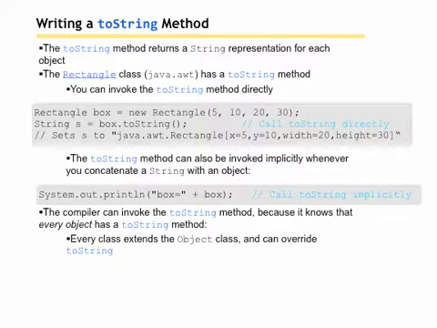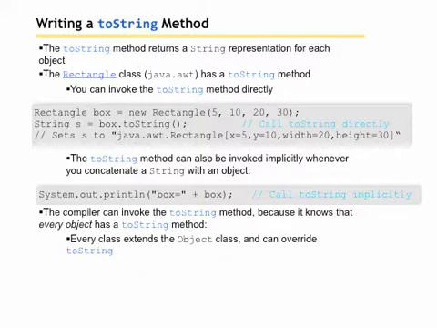So if we look at the Rectangle class, which is part of java.awt, it has a toString method, and we can invoke the toString method directly by instantiating an object of type Rectangle. And then if we call object.toString, it returns java.awt.Rectangle, so that's what class this is, x equals 5, y equals 10, width equals 20, height equals 30. x, y, width, and height are all instance fields inside of Rectangle. So the toString method has been written to display each of those instance fields along with an equal sign and